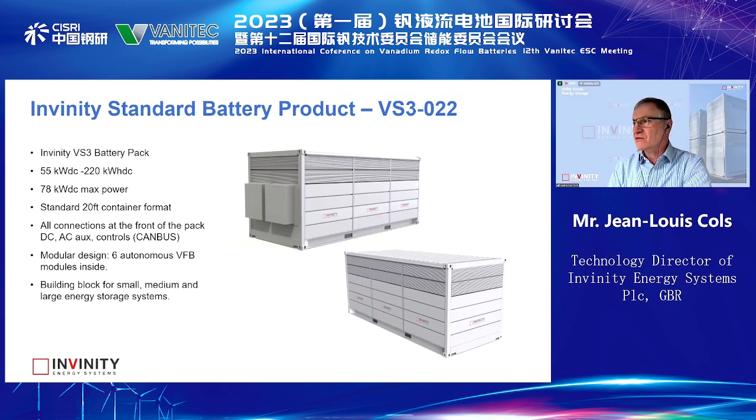And that's, again, renderings that we did at the beginning. And you can see the product on the photos. It looks exactly like this, of course. And that's the Invinity VS3 battery pack. Like I said, 55 kilowatt, 220 kilowatt hours, 4-hour system, 78 kilowatt in max power,